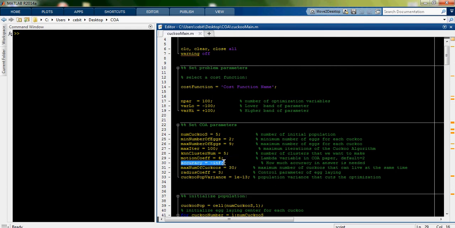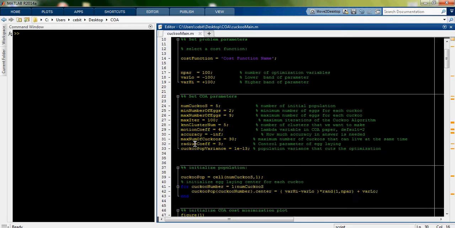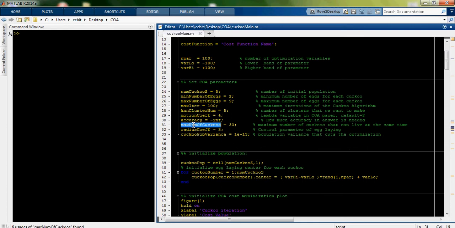And if you are working with a cost function that takes negative values, then you have to set accuracy to -infinite. Otherwise, if your cost function only takes positive values and its minimum in the ideal situation is 0, then you can easily set this to 0. Otherwise, I normally say let it be -infinite. The maximum number of cuckoos is currently set to 30